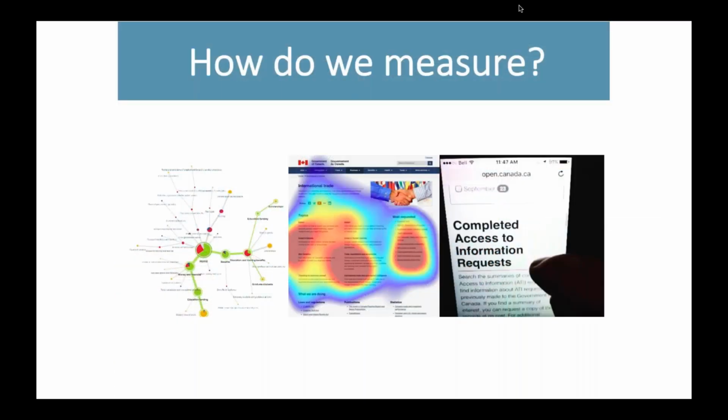On the next slide, you'll see really the ways we measure. And this is a sub-sampling of them, just some cool pictures to show you effectively. But really, the middle one is using heat maps, or eye tracking, and actually this is a heat map, but we do use eye tracking as well, and it gives you an idea of where people are going for certain things, and it gives us layout ideas. And then on the right-hand side, you'll see a moderated usability test where we videotape people trying to complete tasks using our content.